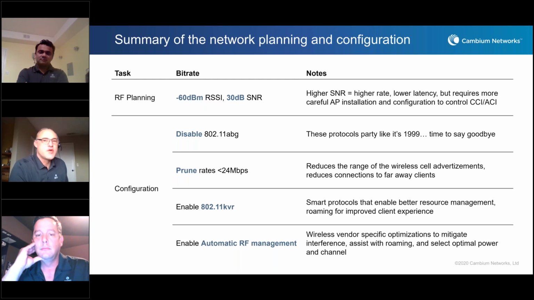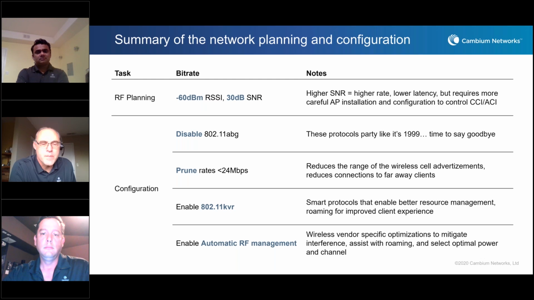If you prune out the data rates below 24 megabits per second, it's going to reduce the range of the wireless cell advertisement. So the packet that comes out of the AP that says, I'm an access point, it's a beacon, right? It's a beacon frame. I'm an access point, you can connect to me. That packet will not go as far when you prune those data rates. So you want that advertisement to shrink the size of the cell. When devices do connect, you want them to link at high data rates. You want to reduce those lower data rate connections, because that's going to improve the higher density, the capacity of